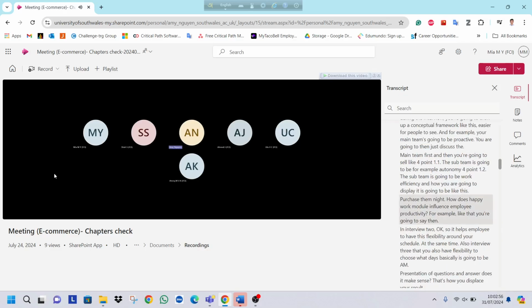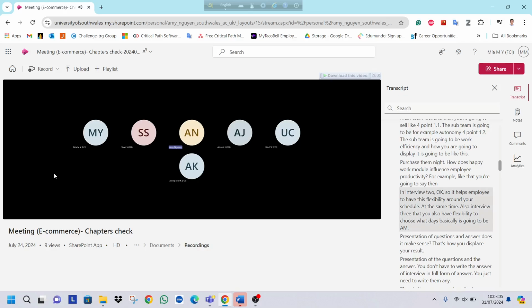Question number 9: How does hybrid work model influence employee productivity? For example, you're going to say in interview E2, it helps employees to have flexibility around their schedule. At the same time, in interview E3, you also have flexibility to choose what day. So basically, it's going to be a